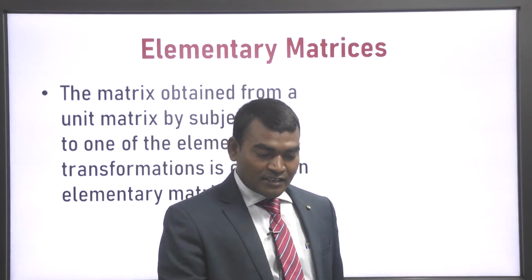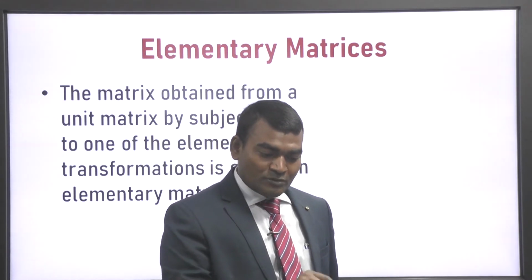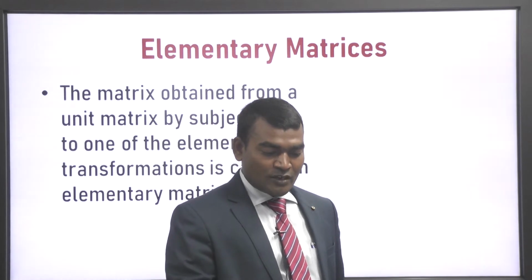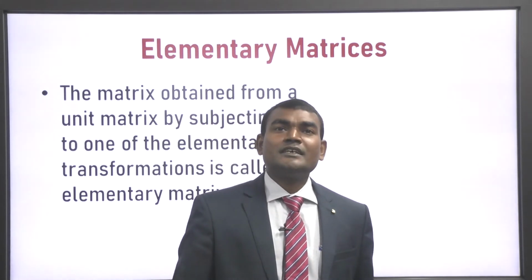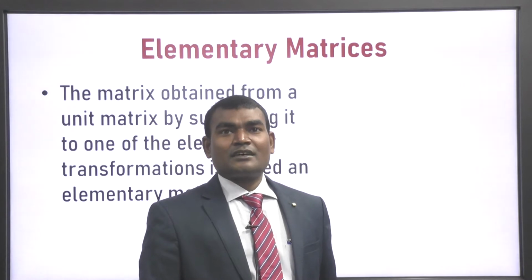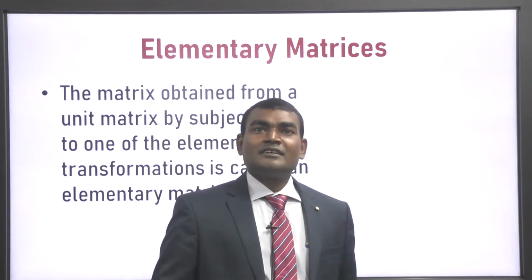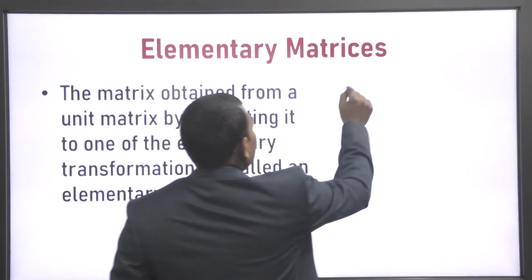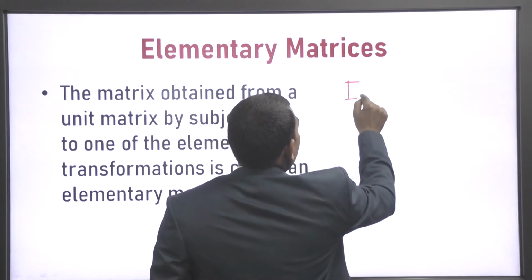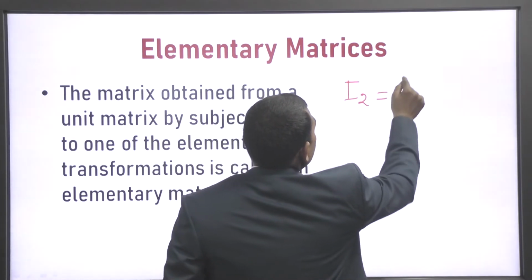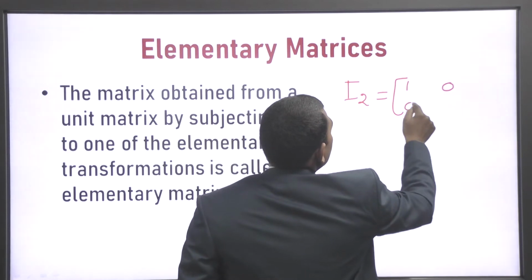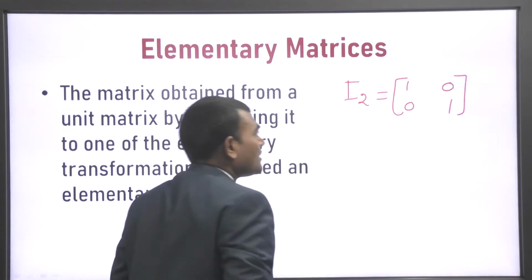The matrix obtained from a unit matrix by subjecting it to one of the elementary transformations is called an elementary matrix. For example, suppose an identity matrix I2, this is 1 0 0 1,